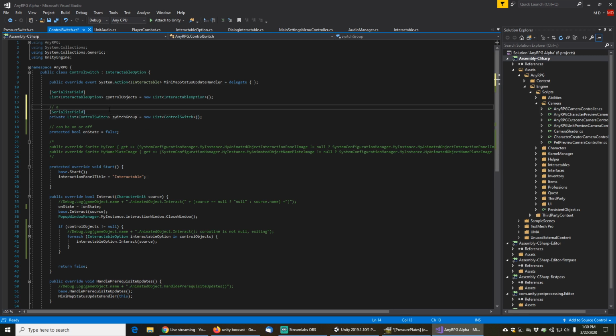And we'll just make a note here that all these switches must be in the on state for this switch to activate. So we'll save that,